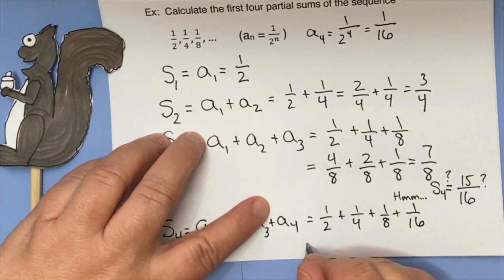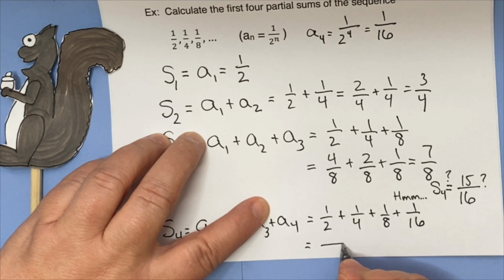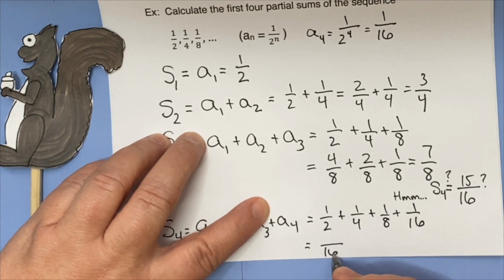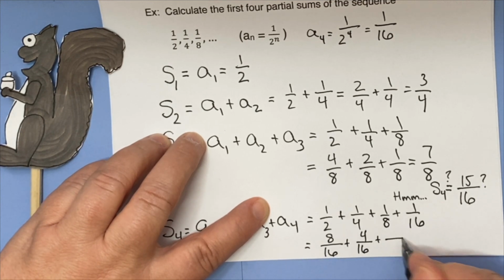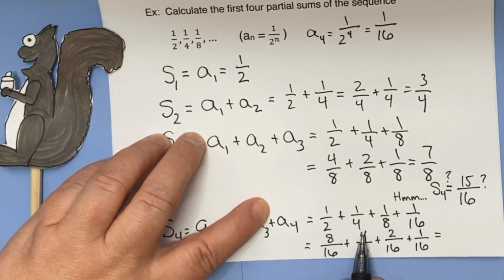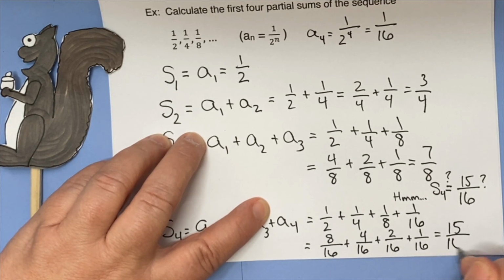Okay, so we got to put everything in terms of 16. So half of 16 is 8. 1/4 of 16 is 4. 1 out of 8 is 2 out of 16. And 1/16, altogether 8 plus 4 is 12, plus 2 is 14, plus 1 is, oh my goodness,